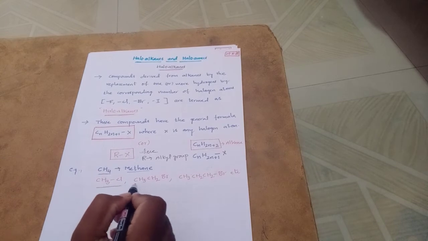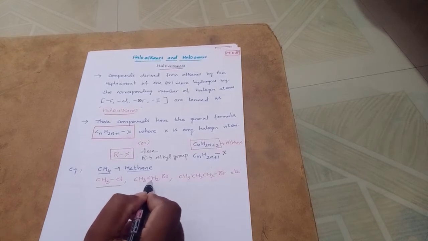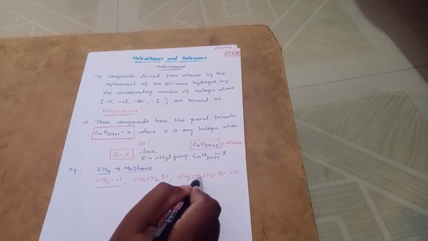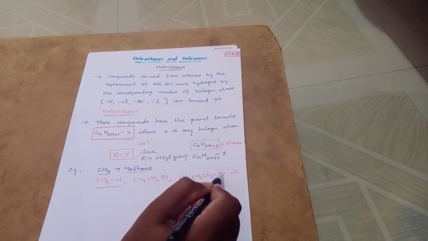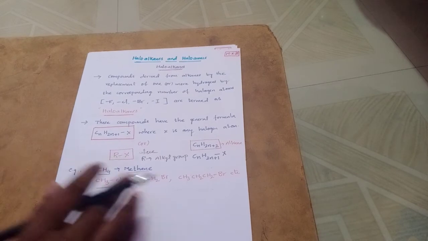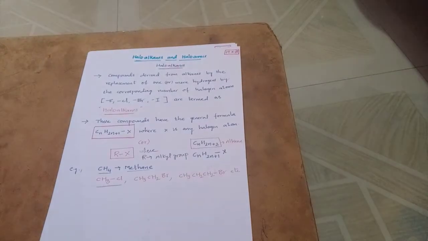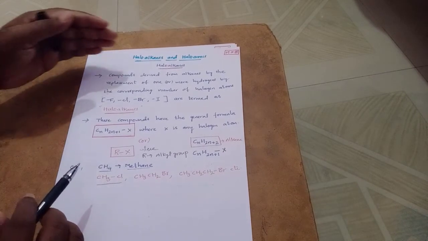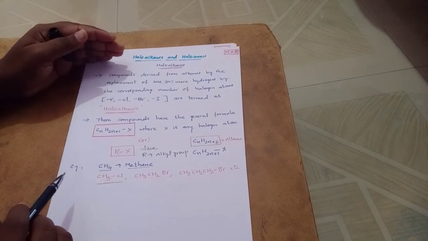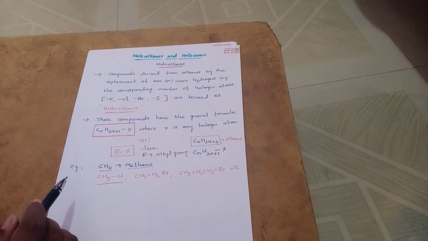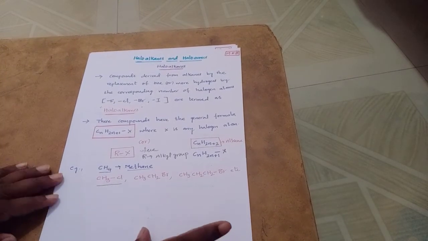Similarly, we can write CH3CH2Br, CH3CH2CH2Br, etc. So like this, we can give the examples for haloalkanes. Now this is the general introduction, a very simple introduction for haloalkanes. Right, then we'll move to the classification of